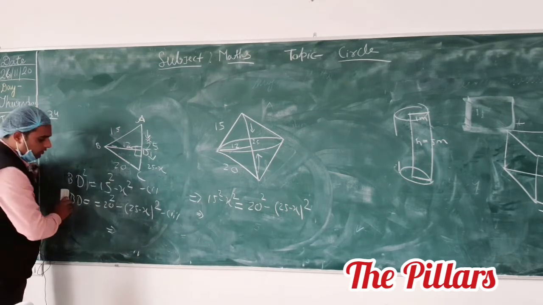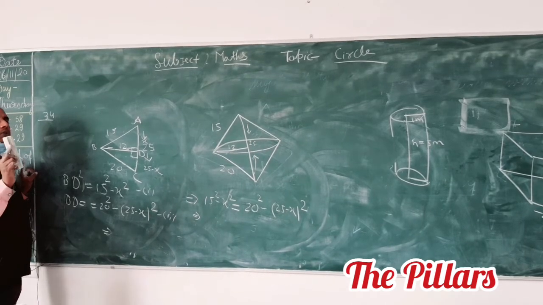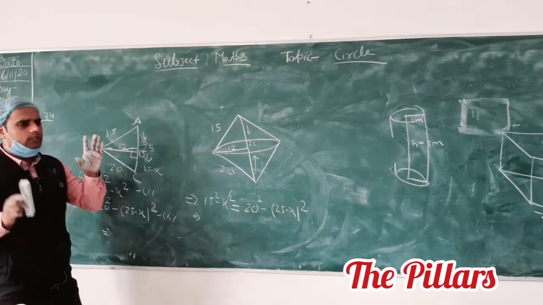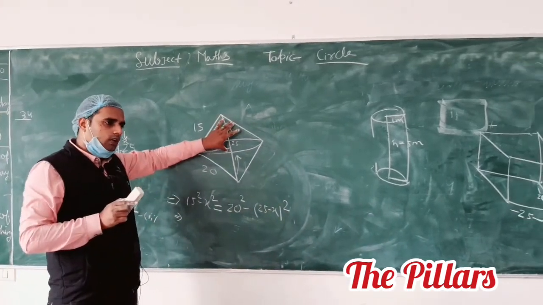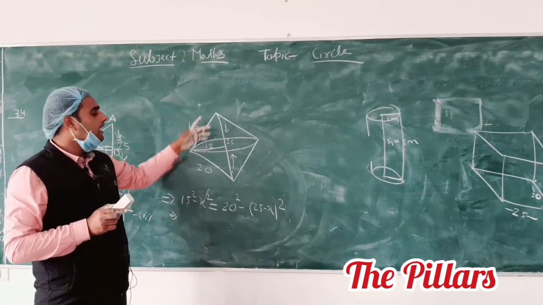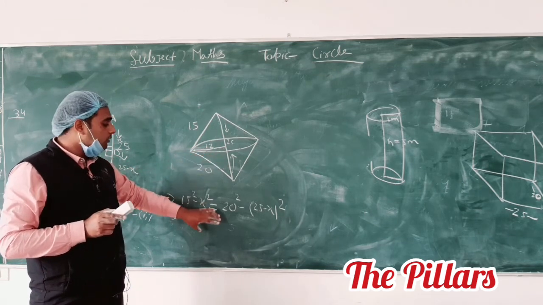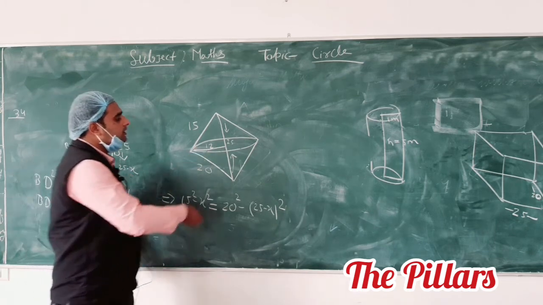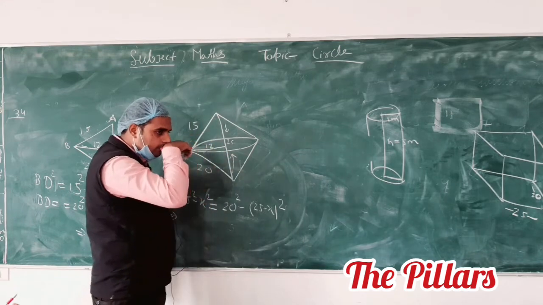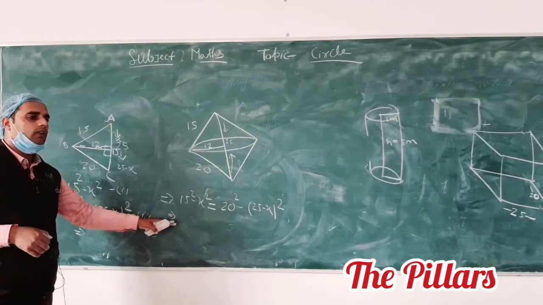You have to calculate the value of BD, which equals 12. By which formula you find it depends upon you, because our question is the cone. This is our cone and we want to calculate the volume of lower plus upper. If we want to calculate the volume, we also require this height and this height. Again you have to apply Heron's formula. Otherwise from here you can directly calculate everything by this formula.